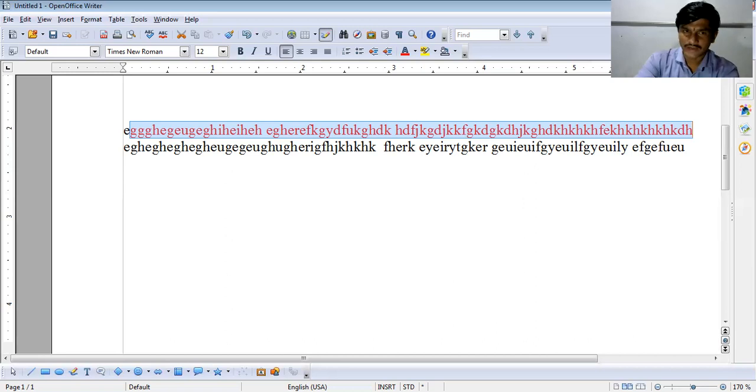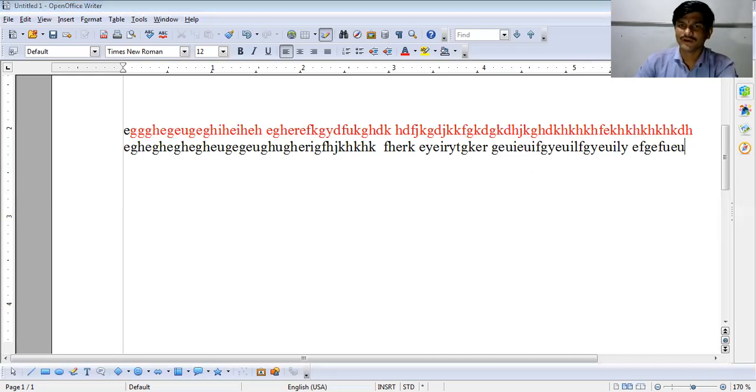Okay, this is also correct. See, "computer is working." This is also correct. So these things will be corrected with the help of the spelling and grammar option. I hope you understood this. If you want to use a shortcut key for opening spelling and grammar, you can use F7. I will show you F7. Select it and press F7. You will get it automatically. On the keyboard, you will find the F7 key for checking spelling and grammar.